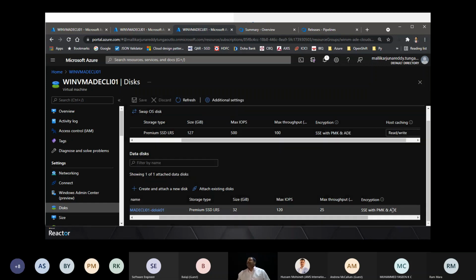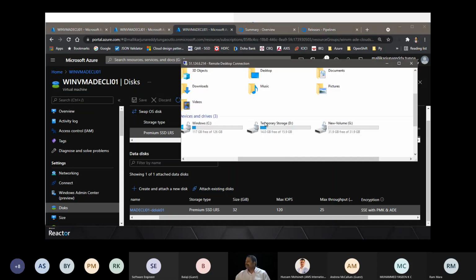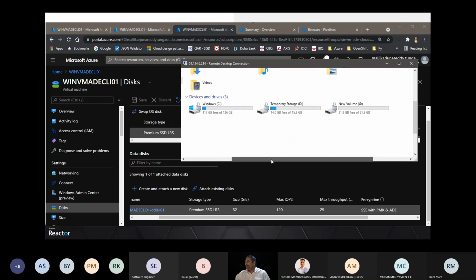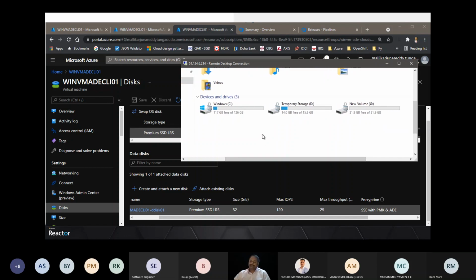Okay, here you see what it is doing. We have done a double encryption by using the server side encryption with the platform managed keys and the Azure Disk Encryption. So that's it. We are done with the disk encryption for the virtual machine.